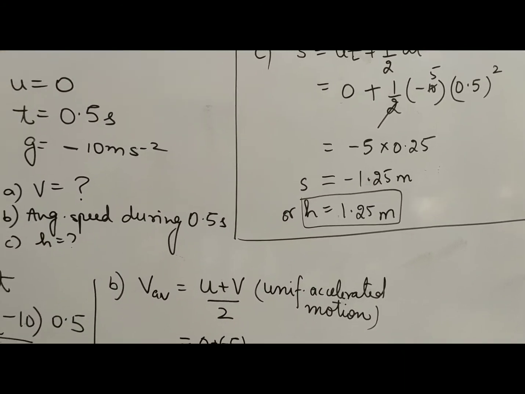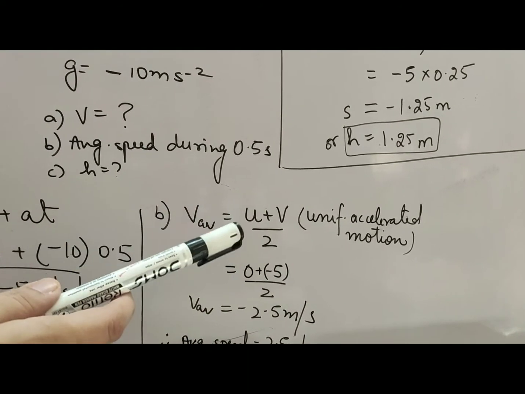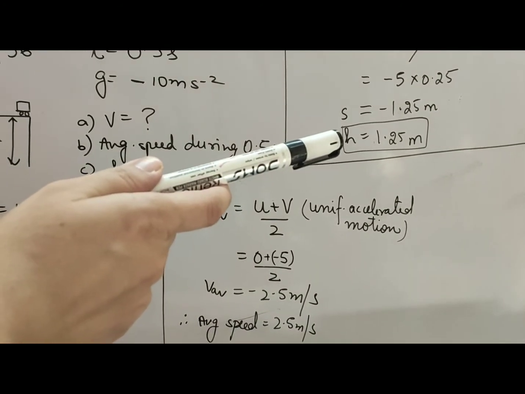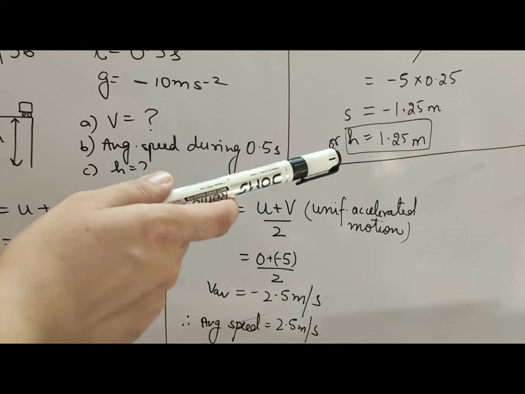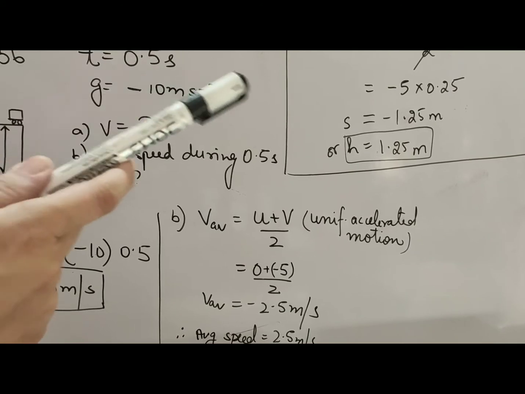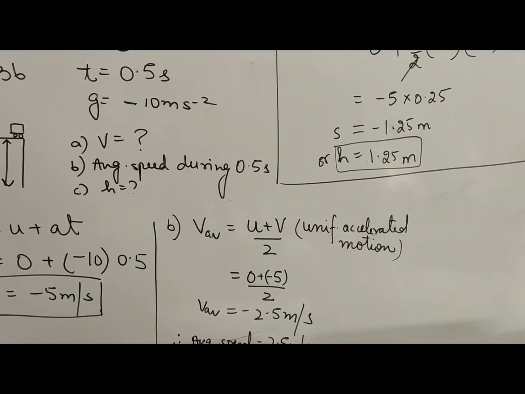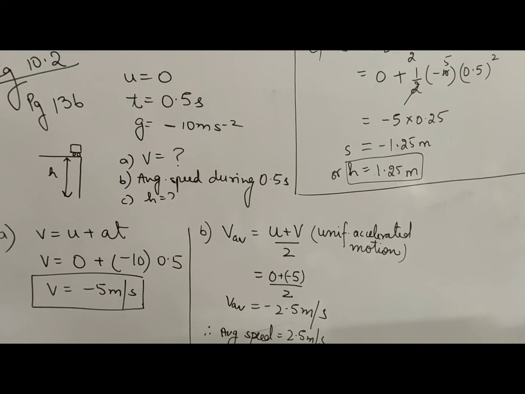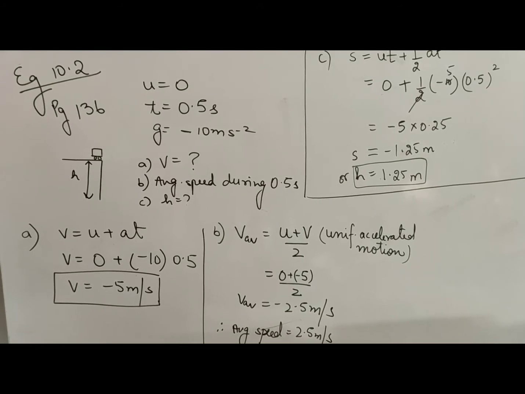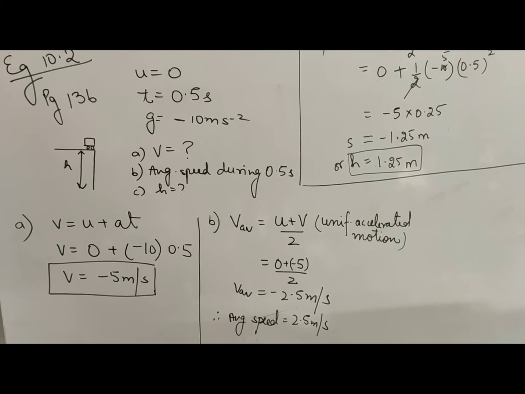Alright. Now here we have calculated average speed as u plus v by 2. I could have calculated the same value for average speed by total distance upon total time. Total distance कितना travel किया है कार ने यहाँ पे 1.25 और total time कितना लगा है 0.5. तो I can do it this way also. Average speed का जो formula हमने किया है शुरू में, which was total distance upon total time, you can calculate using that as well and you get the same answer. Total distance is 1.25, total time is 0.5. So dividing, you will be getting 2.5 meter per second.